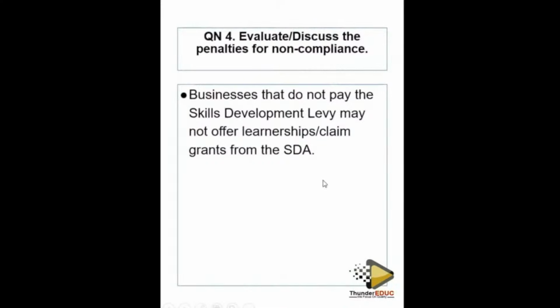Meaning businesses can qualify and the paperwork may be compiled, but at the end of the day, if businesses fail to pay 1% of their annual payroll to the Skill Development Act or to SETA, then they are not offered such an opportunity. So now moving on,